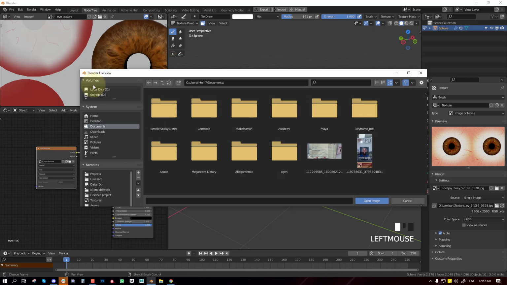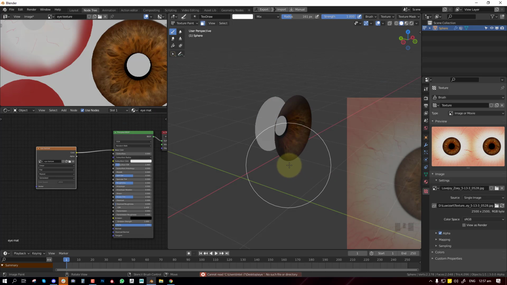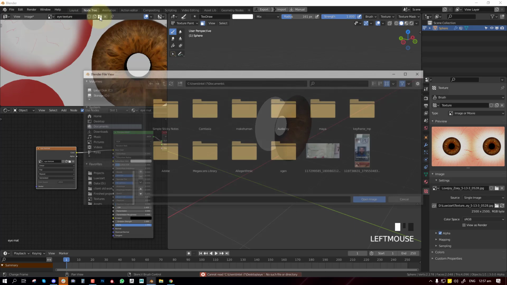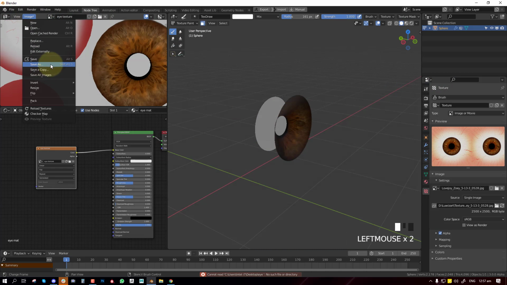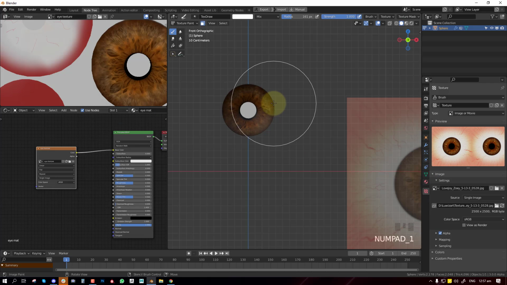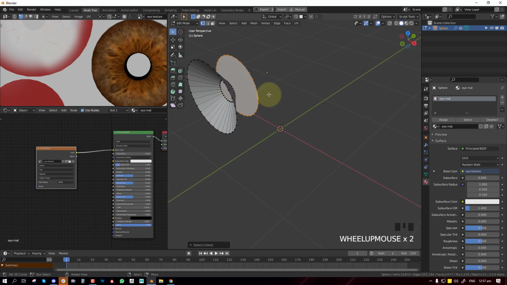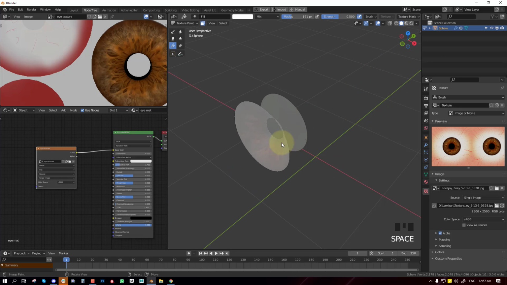So before we continue, I'll just quickly save this somewhere. Oh, sorry, that's the wrong one. Save as desktop. Cool. So now let's also paint this. So we'll select this object, go into the paint mode.